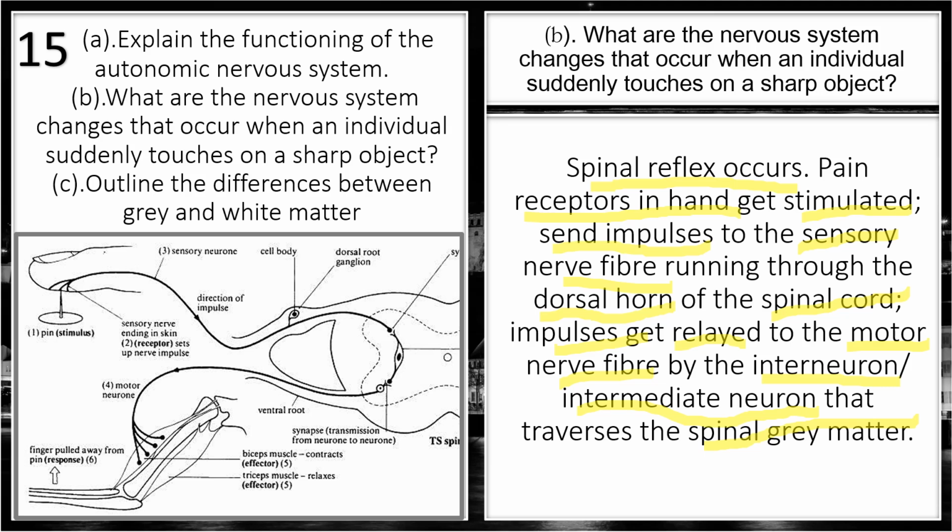So here we have our stimulus, the pin, which is going to act as a stimulus, and it is touching the finger. In the finger we have the sensory nerves. Those sensory nerves are going to be stimulated and they will create an impulse which is going to be transmitted through the sensory neuron, and it will pass through the dorsal